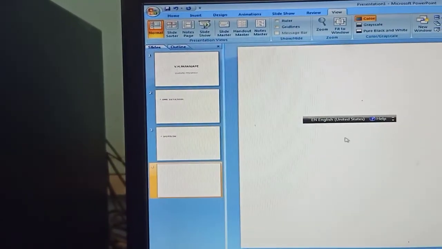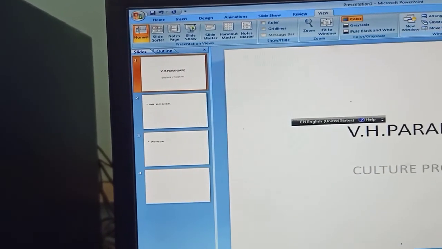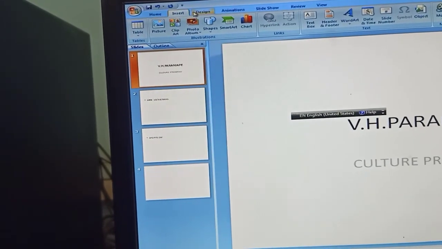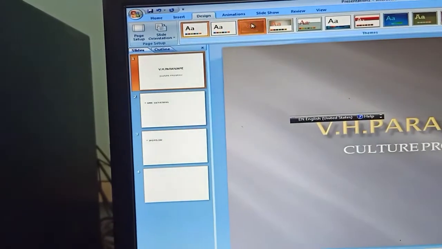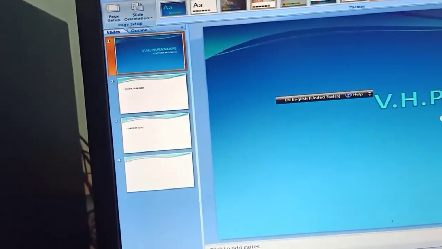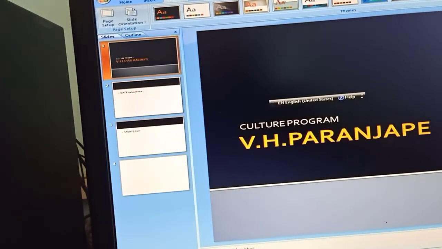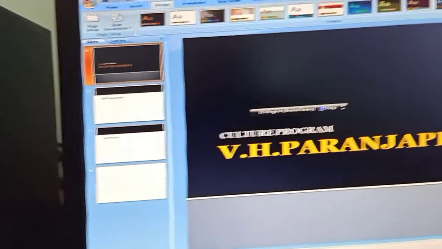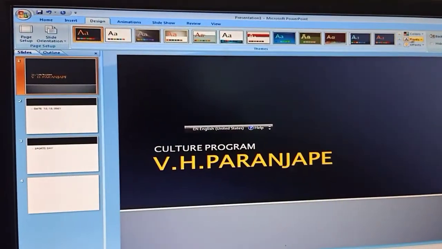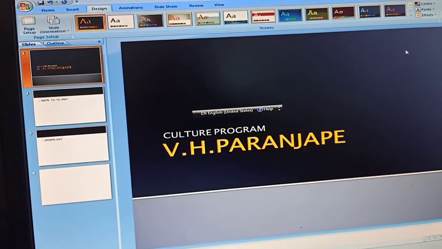Okay, in this way, as well as here you can also add various options. That is, you can insert some information or design it. This page, suppose this one. Okay, use this design, or here also you can use designs. Any type of design you can use, as well as you can change the font by selecting different types of fonts. Okay, effect, you can also use this effect.